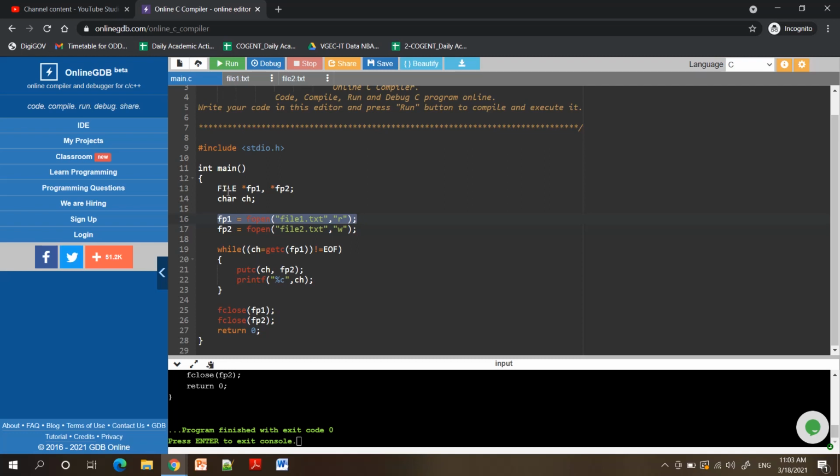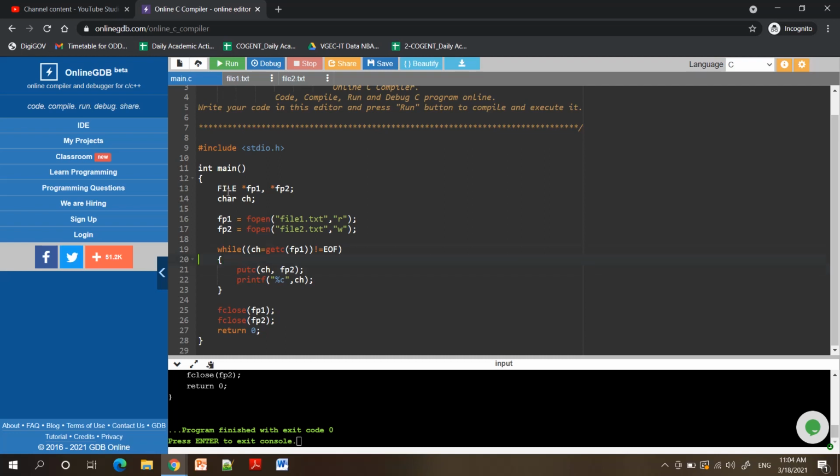We will be opening two files, one from which we will be reading, and the second in which we will be writing. Here file1.txt I have opened to read from it, and for fp2 the name of the file is file2.txt, in which I will be writing the content which I am reading from file 1. So the content of file1.txt will be copied into file2.txt, right? Now, to perform the copy operation, copy means just reading from somewhere and writing into the file.